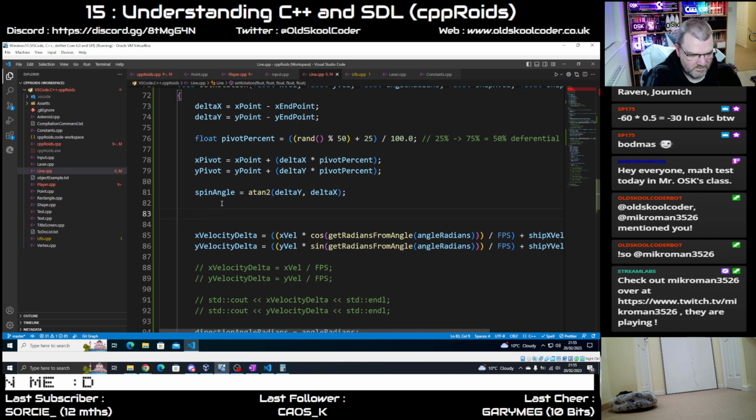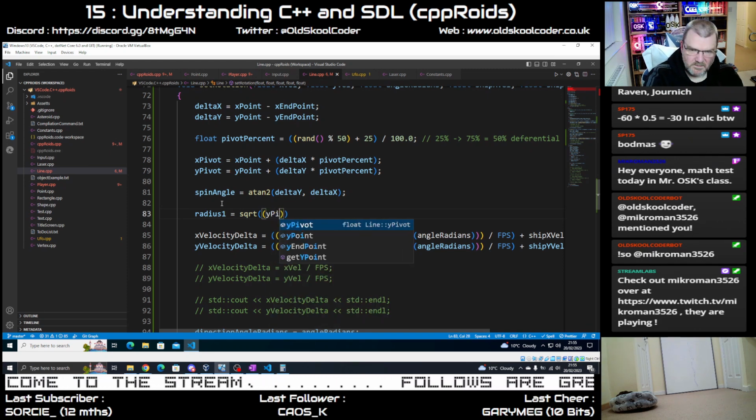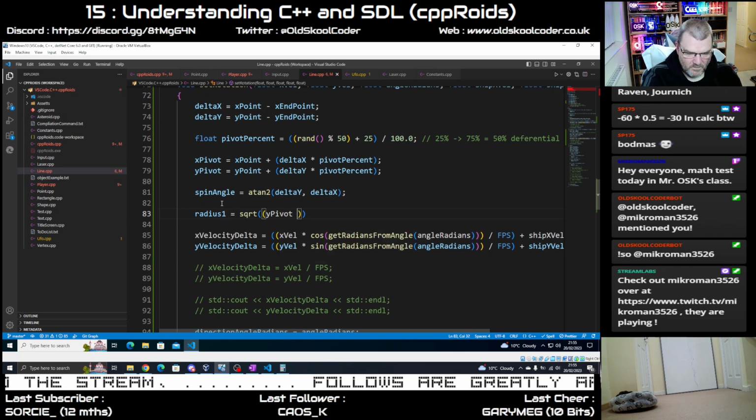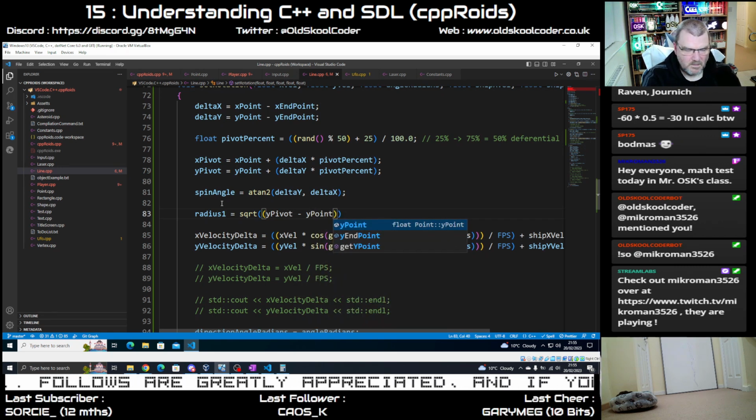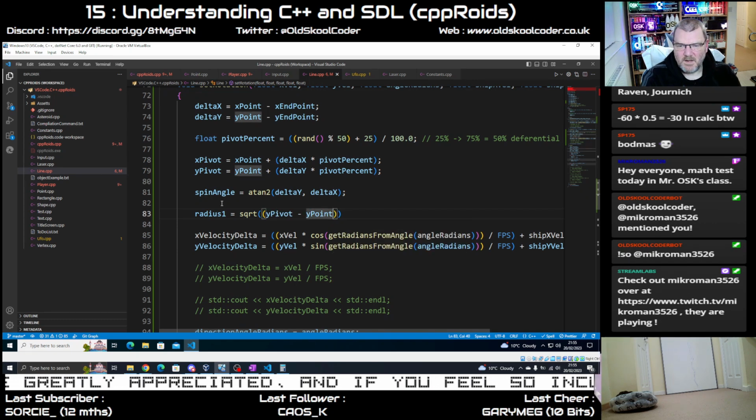Right, so radius 1 is equal to the square root of y pivot minus y1, so y endpoint, no, y point, squared. Now, I was told off